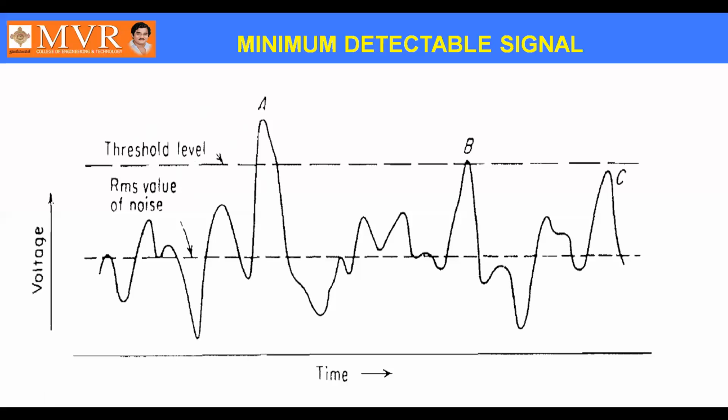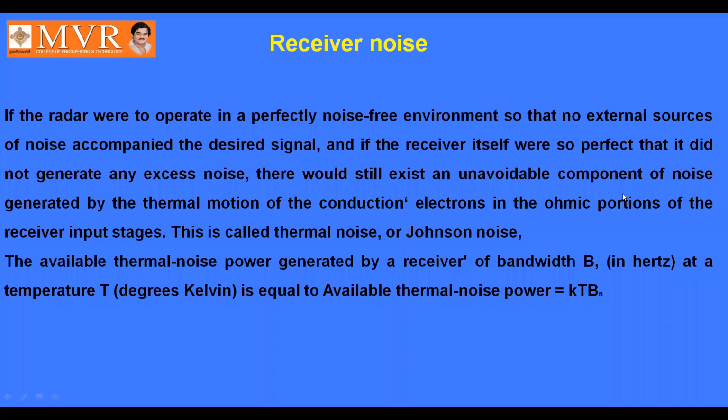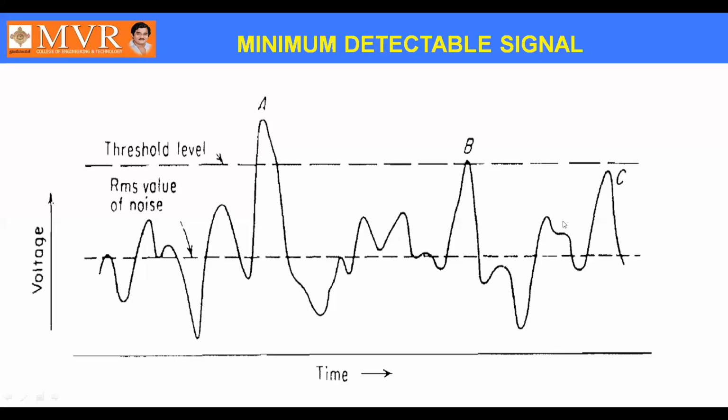And at the same time, if the threshold level is below, like this, if the line is like this, now what happens? Already in our previous discussion we have seen there is no target at C. If the threshold level is very low, there may be a possibility of getting C as a target, but practically it is not a target. If the threshold level is very minimum, there is a possibility of getting C as a target, and that is supposed to be a false alarm.